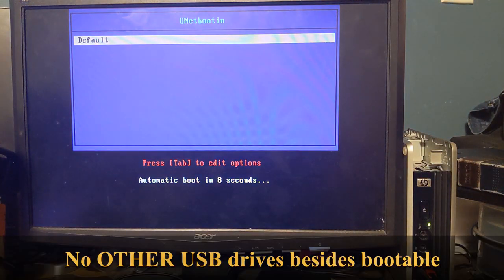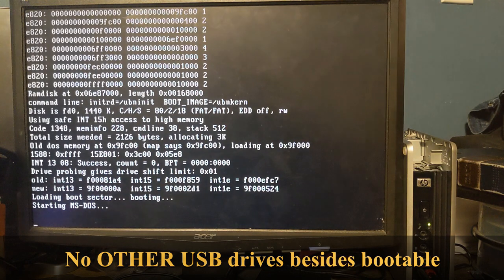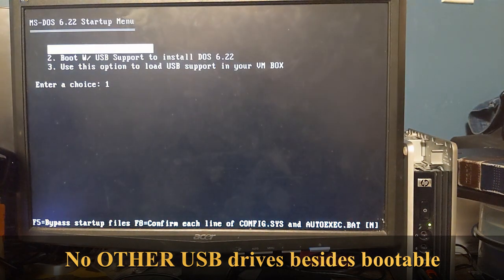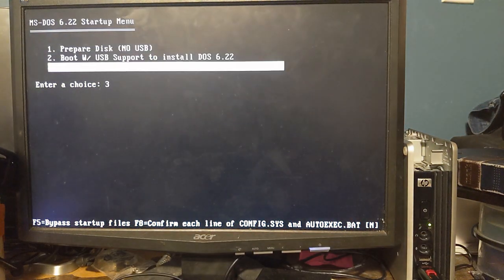Alright, so we're going to put the USB stick into the thin client and turn the thin client on. You're going to want to make sure that you've configured your thin client to boot from USB, and that you have no other USB drives installed, because that will cause an issue where it won't know which one to boot from. Then once you get to our automation menu, you're going to want to pick Prepare Disk, which is option 1,